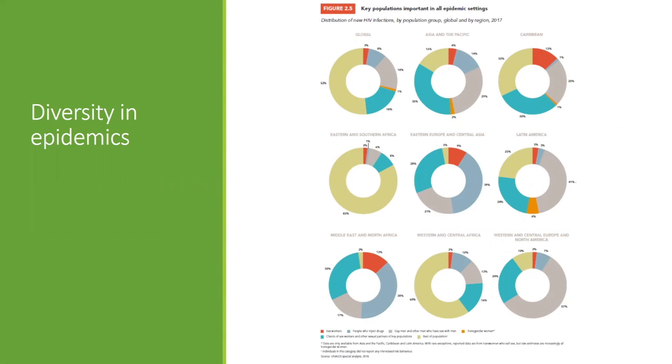And one of the reasons this is so important is the diversity in epidemics. So this is, again, a figure from UNAIDS. Just big picture, it's plotting out the risk groups by region for HIV infection. And without digging too much into the details, just visually you can see how much variability there is even at the regional level in terms of who's most at risk. If we start taking that down to smaller levels, we get even more variability in terms of who's at risk, what interventions might be useful, and whatnot.